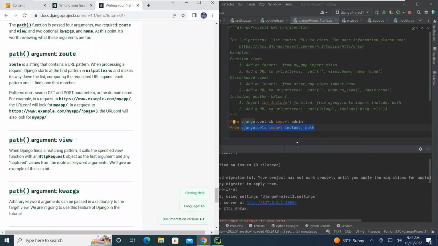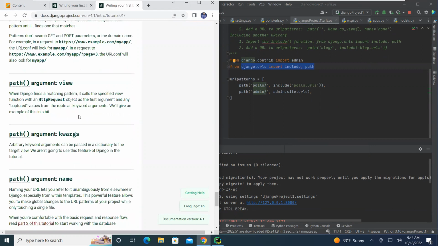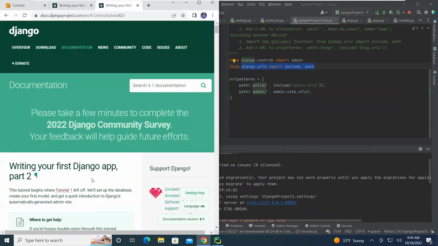Once we get that pulled in, a couple of notes over here on the path thing. So path, you have a couple of arguments that you're going to pass in as to how you want to set that up. Those are all kwargs, and you can pass this kind of stuff through. That's what it's talking about here. As you get more sophisticated in your URLs, a lot of times these URLs are going to be dynamic, right? Meaning that if you have a username, JL Zeller, and you want that to be part of the URL up here at the top,